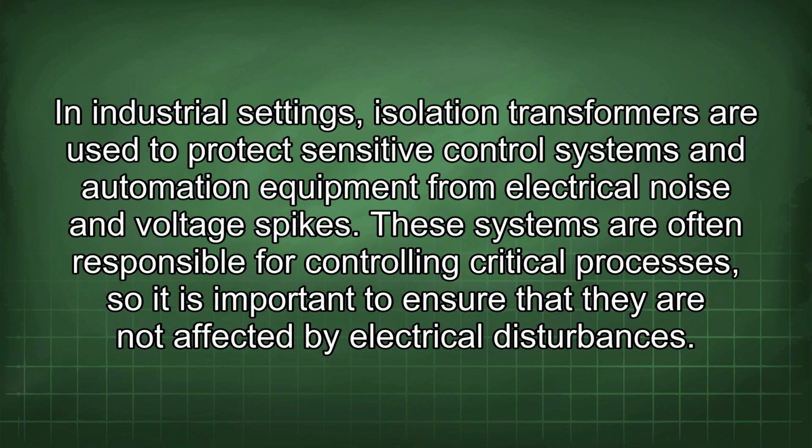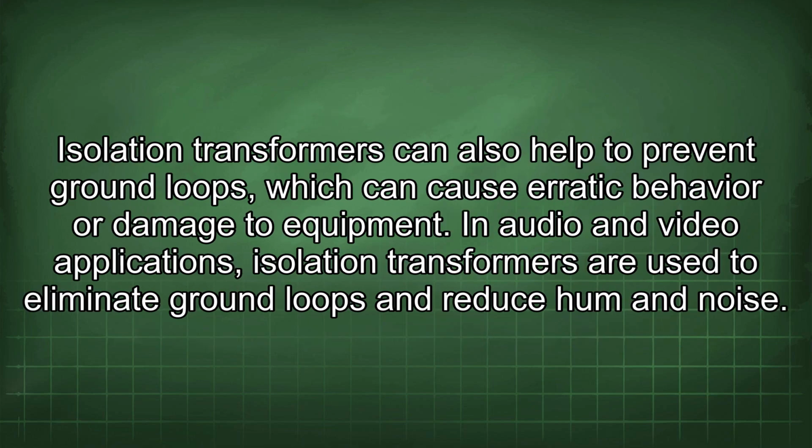In industrial settings, isolation transformers are used to protect sensitive control systems and automation equipment from electrical noise and voltage spikes. These systems are often responsible for controlling critical processes, so it is important to ensure that they are not affected by electrical disturbances. Isolation transformers can also help to prevent ground loops, which can cause erratic behavior or damage